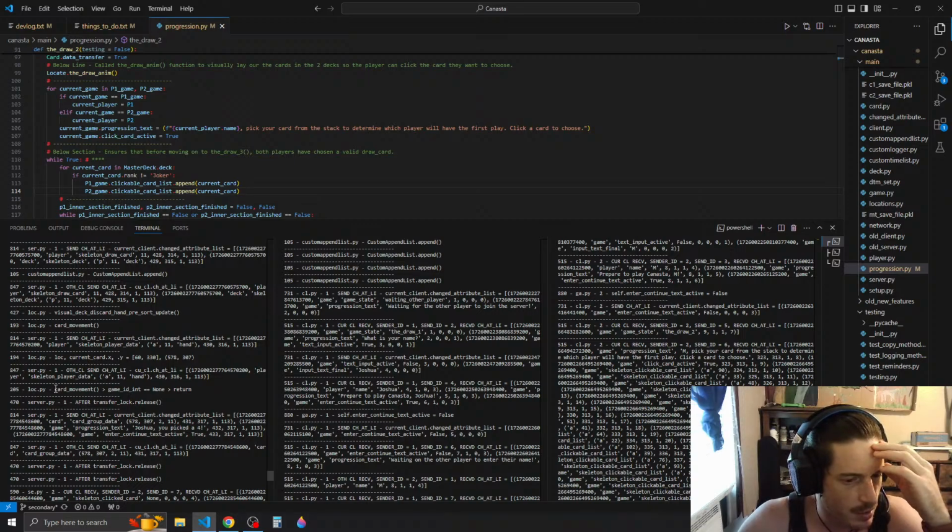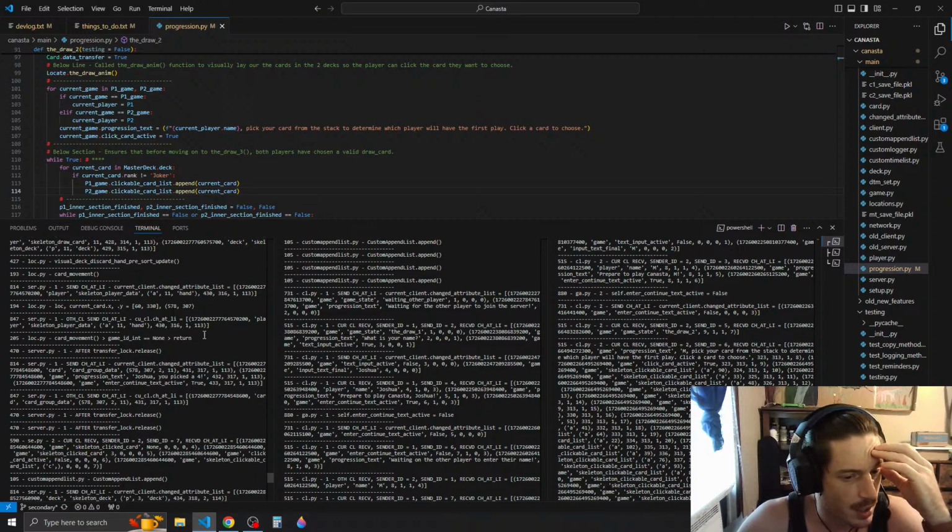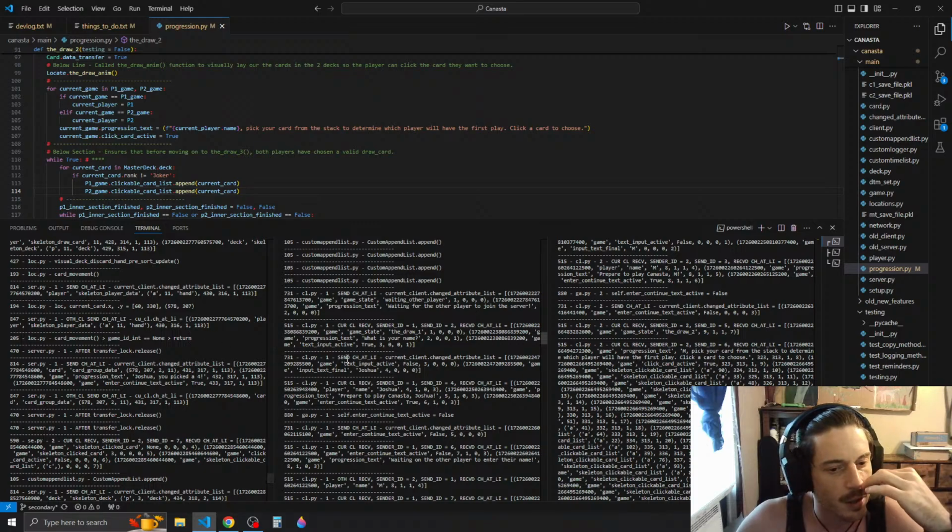This is showing the card movement within the card movement function. Game ID int is equal to none, and then it returns. Okay, so it's assigned to the correct location, but then for whatever reason game ID int is equal to none, so it returns. But then on the client side,